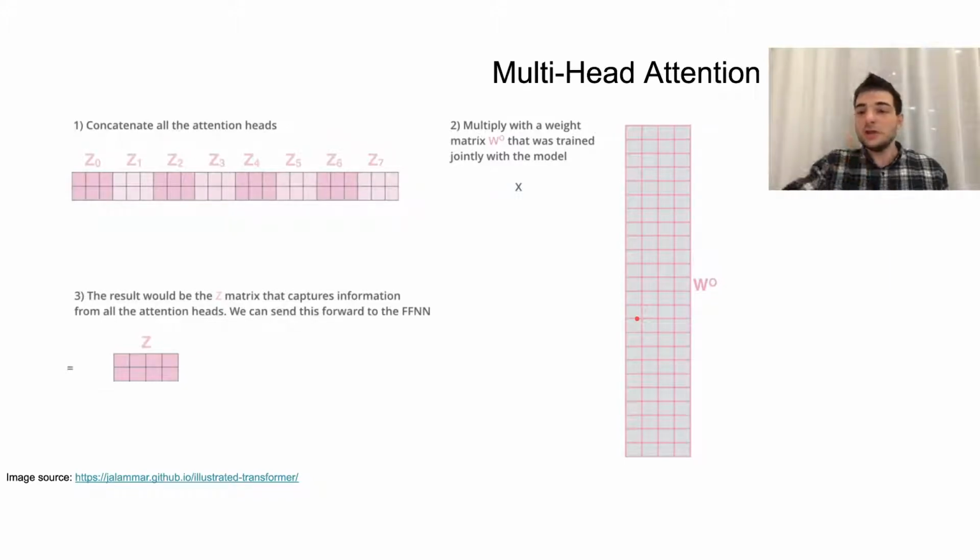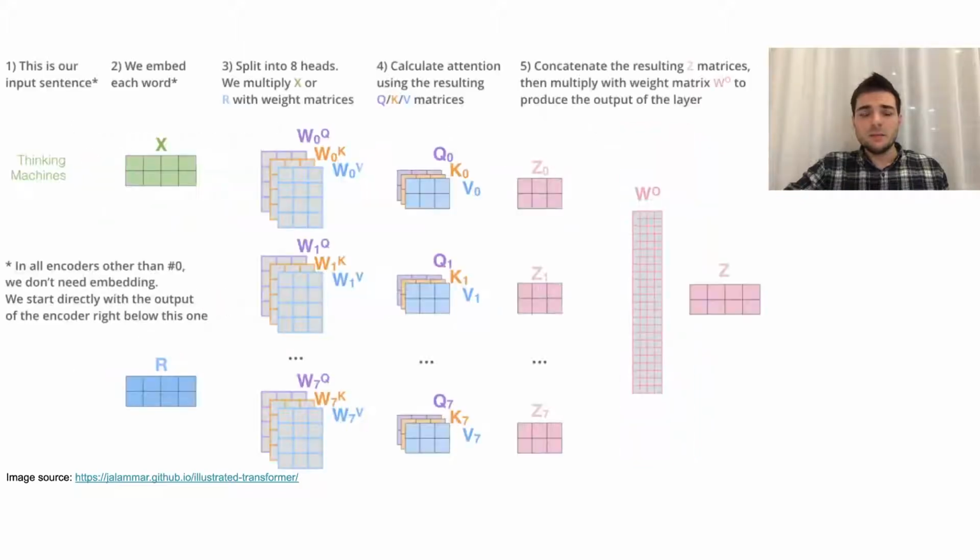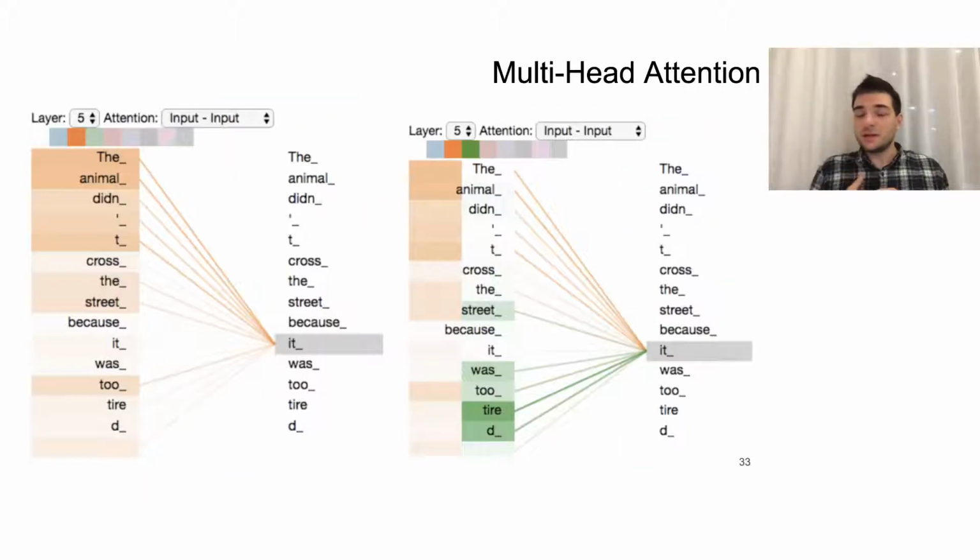And just in case, pay attention, this matrix size does not depend on the length of the input. So if we have input length 2 or input length 122, this matrix won't change because it's just mapping these 3 by 8, 24 elements on this picture into 4 elements. So it's just some kind of linear mapping from a 24-dimensional space into a 4-dimensional space in this particular case. So we preserve sequence length all the time. And it's the most beautiful part because right now we have several attention heads. For example, here is the visualization of different attention heads. Here is the first one we discussed before. Here is actually the second one. We discussed it right now.